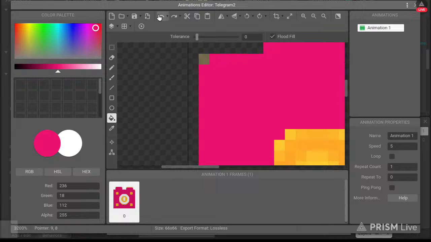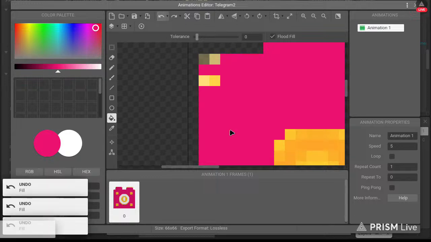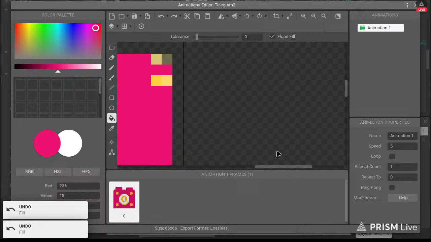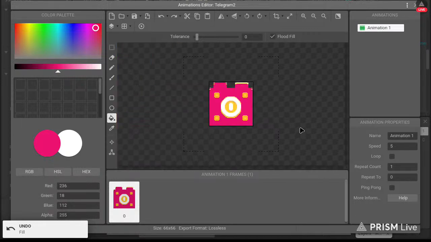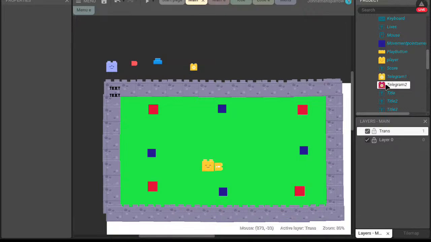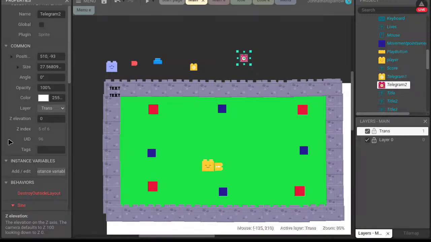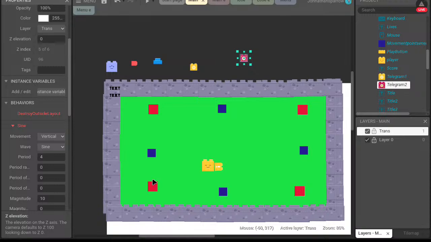You know what? I'm just gonna leave those. To give it a little, so it doesn't look unnatural. It's gonna have the same behavior, which is sine, and the destroy outside of layout.